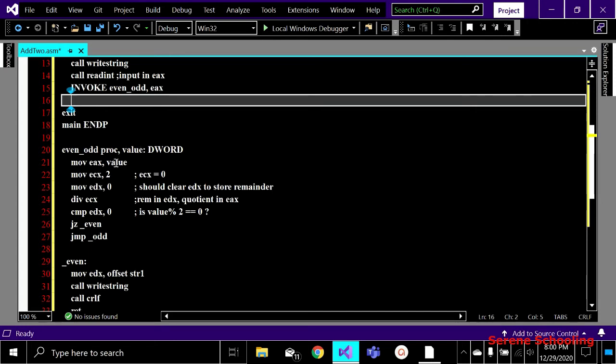Now that value gets stored in EAX. You cannot say that the value was in EAX there, so here again it has to be in EAX. No, that EAX value is contained by this value, so in order to get our value in EAX in this function, we have to move it into EAX again.